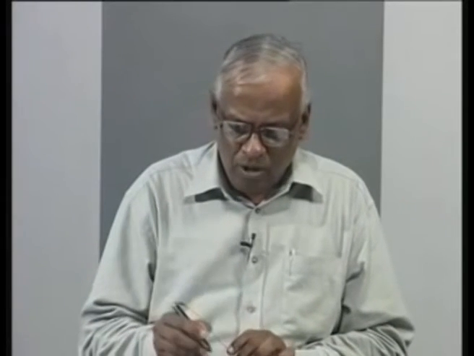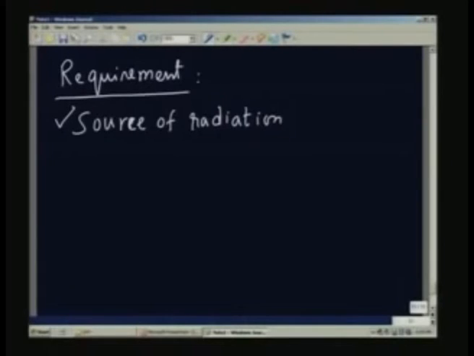So, various different sources are used. For example, if you want a source in the UV region, you require special lamps which will give ultraviolet radiation. In the visible part of the spectrum, we are familiar with various kinds of things. For example, you have the tungsten filament lamp which gives you a nice visible part of the spectrum. Similarly, in the infrared part of the spectrum, we can use a hot object itself as a source of radiation. We can also use lasers, for example. Lasers can be in different parts of the spectrum, and we can use lasers also as a source of radiation. So, number one, we require a source of radiation.